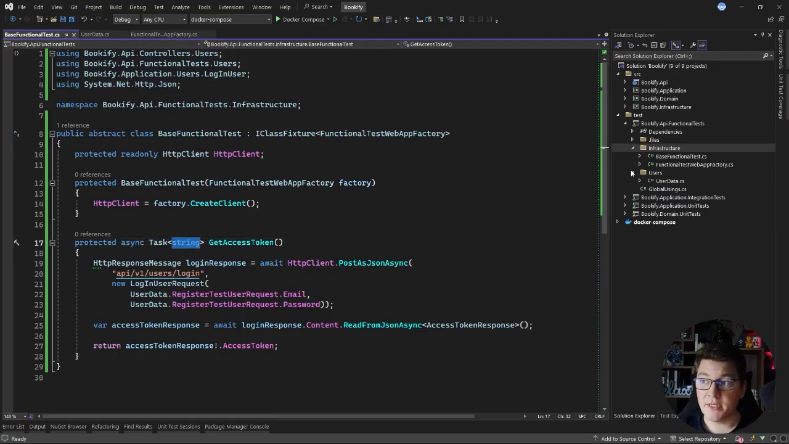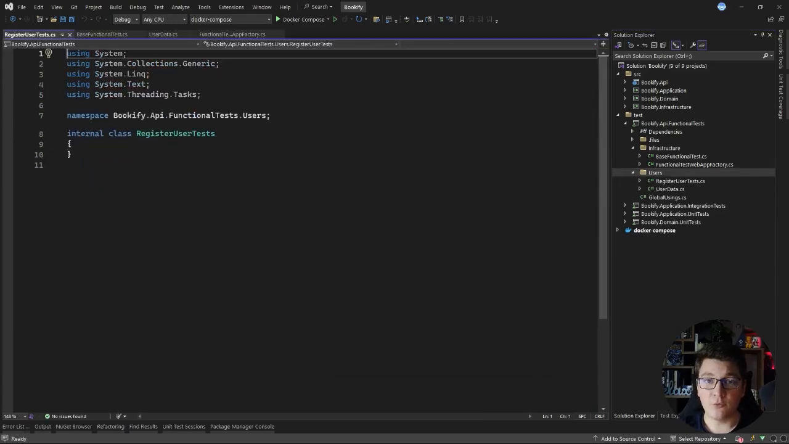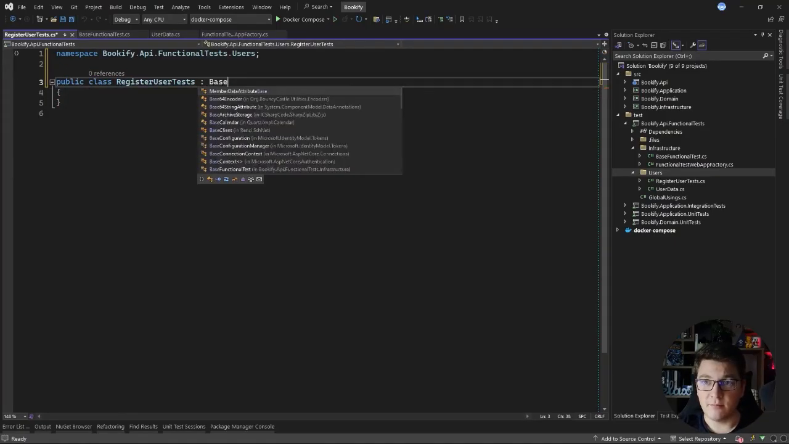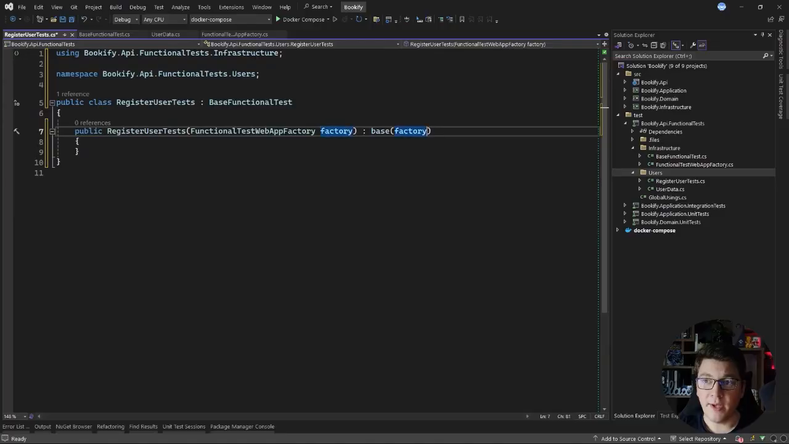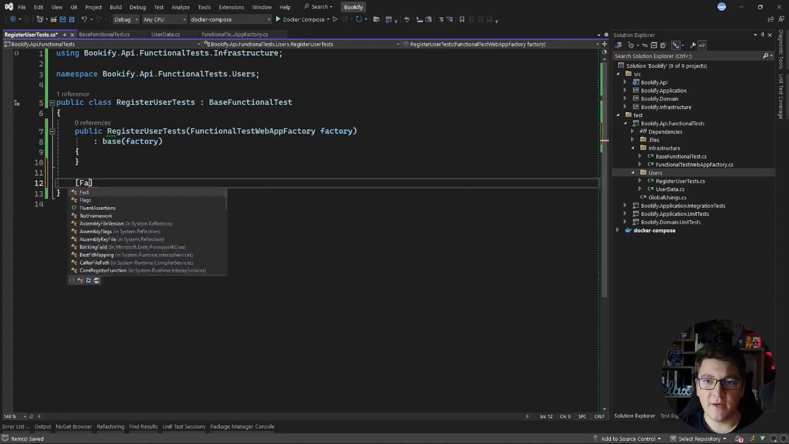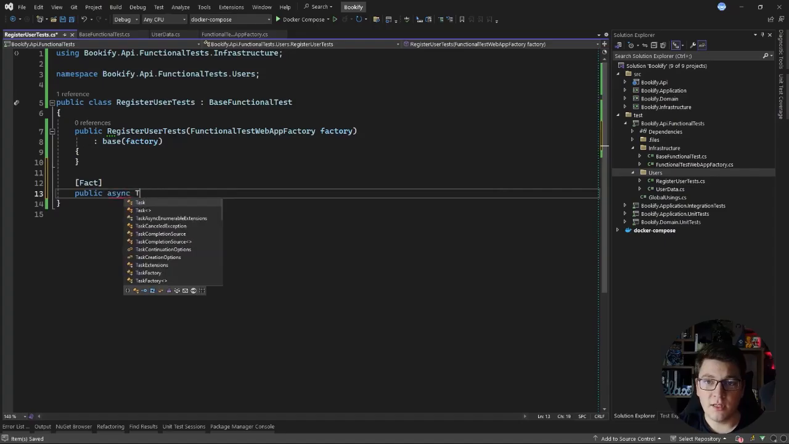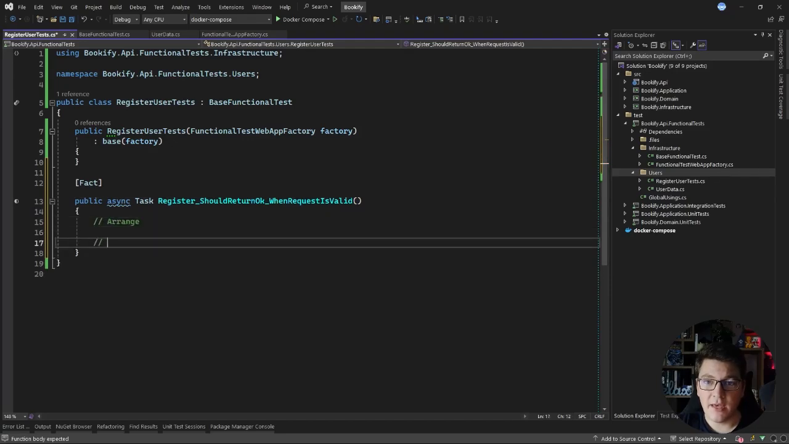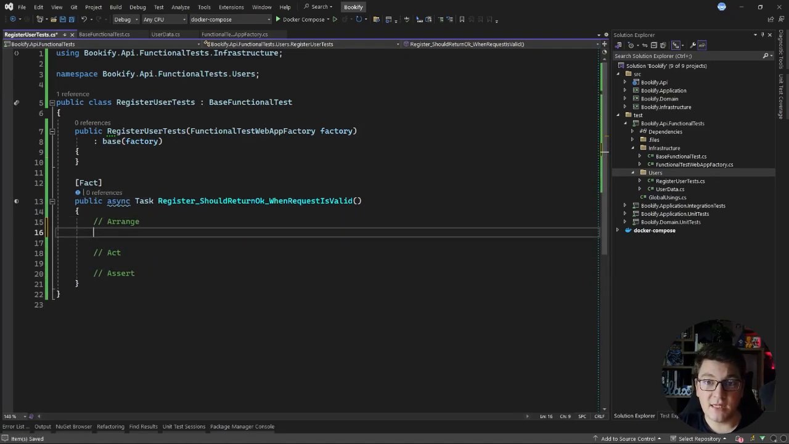And now let's start writing our functional tests. I'm going to add a class in the users folder that I will call the RegisterUserTests. This will be my first test case, and it's going to implement the base functional test class, and I'm going to add the constructor implementation. Let me define my first test case. It's going to be an asynchronous test, and because we are running the register endpoint, let's start our test name with Register. I'm going to say that the register endpoint should return an OK result when the API request is valid. Let me add the arrange, act, and assert steps,